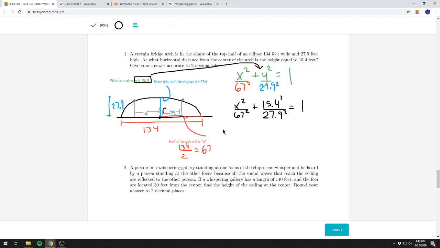67 squared is 4,489. Now I just did this whole thing in the calculator once to figure out each one. 15.4 squared divided by 27.9 squared is about 0.34067 equals 1. And now we're solving for x squared here, so we want to subtract the 0.34067 away from each side, and when we do that,